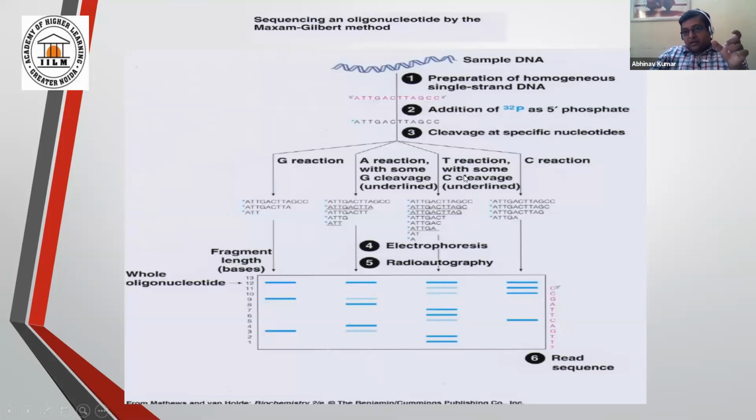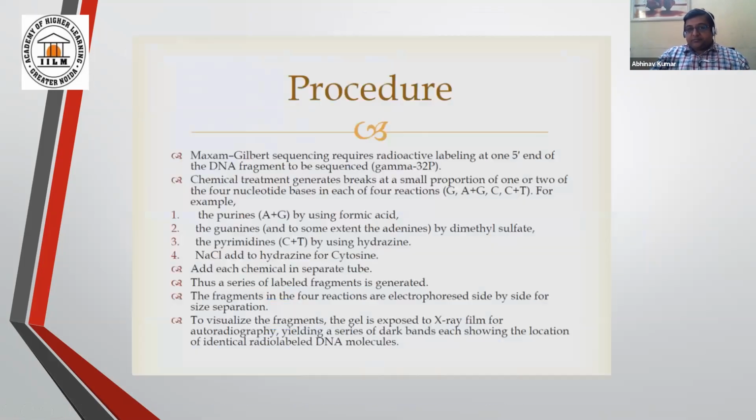And you can again identify with that C plus T cleavage. Here two bands are coming, but there is no reference point for C. It means both are T. Here it is again T, and this reference point is C. Here this is C, this is C, and again this is C. Fine. So this is how, with the help of two referential points, the sequencing method is carried out by Maxam and Gilbert. I'm elaborating their procedure again.